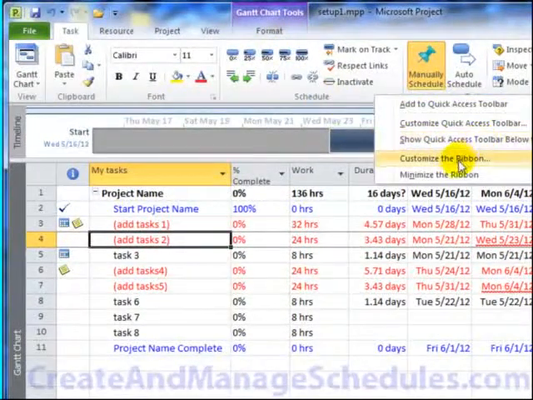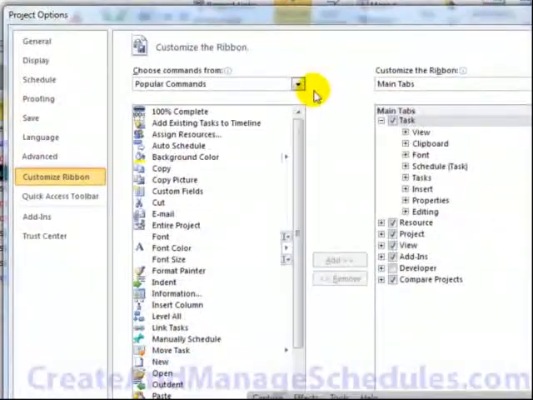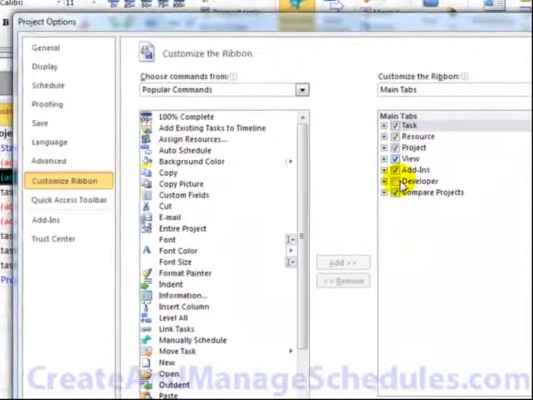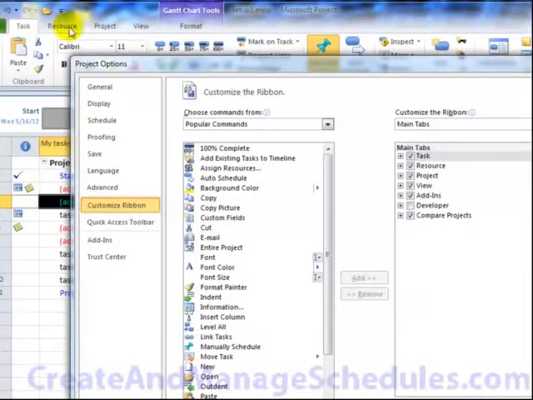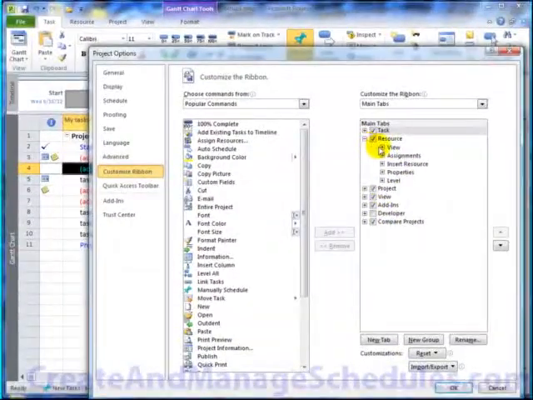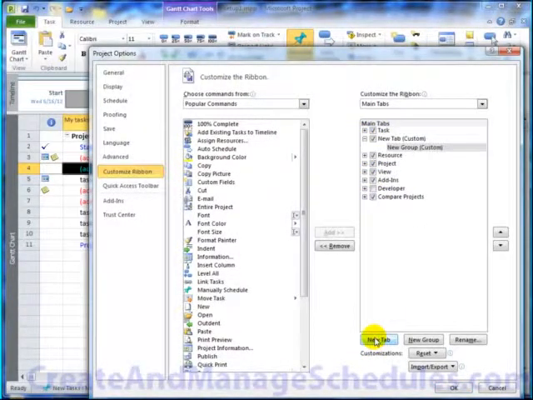So what we're going to do is customize the ribbon. To do that, we right click, select that option. We can see the default tabs that exist already. And let's say you have other activities that you prefer to see. Now there are a couple things you can do. You can actually add them into existing groups or create your own tab. To create your own tab, you literally click on New Tab,